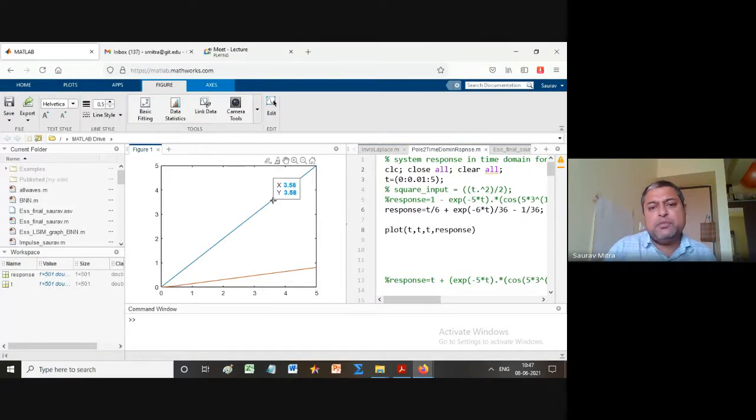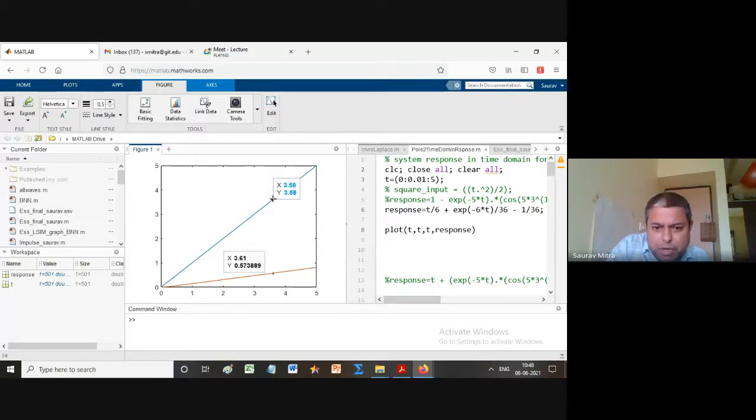You can put a legend here. The input is equal to output. What is the amplitude of the input at 3.58 seconds? That is equal to 3.58. And the same thing here below. How much is the output? So at 3.65, it is slightly off, don't worry about that. So the output is not increasing as fast as the input that you are finding. Okay, so almost the same: 3.58 time and 3.61.